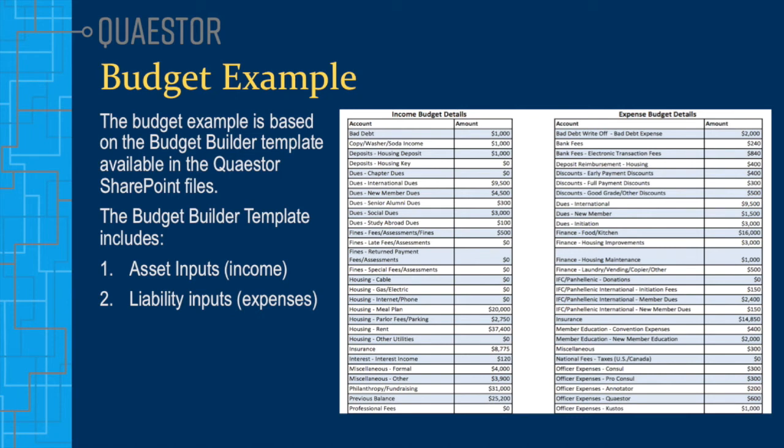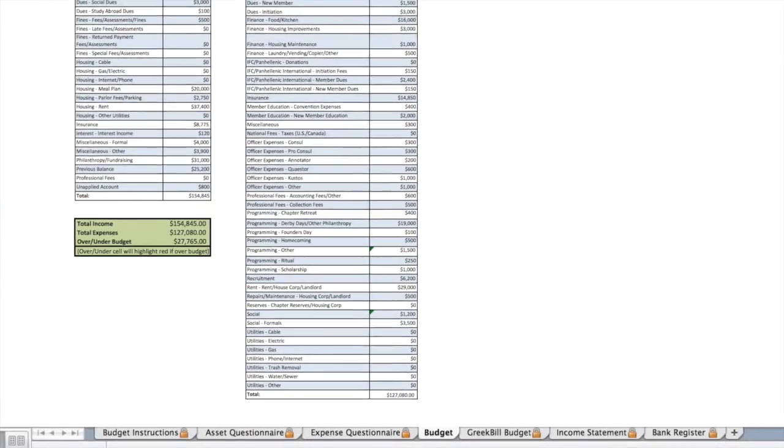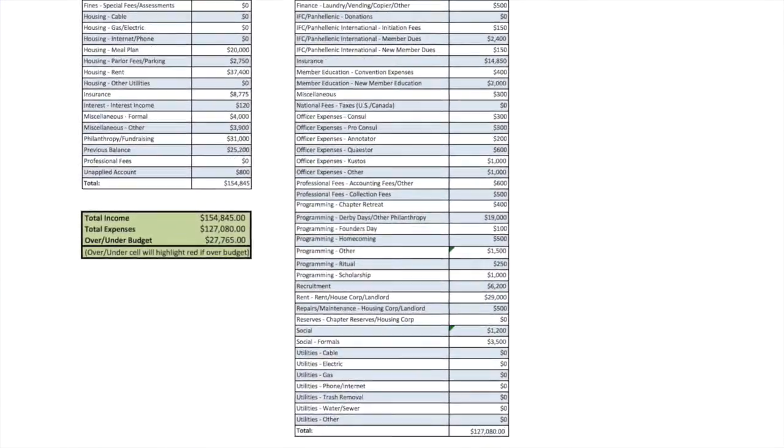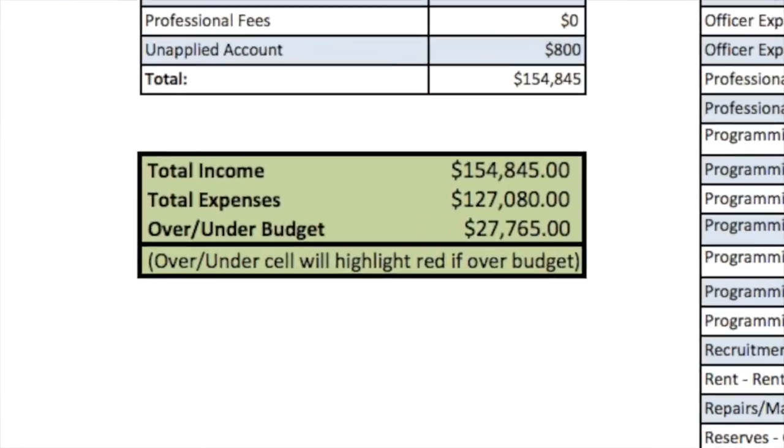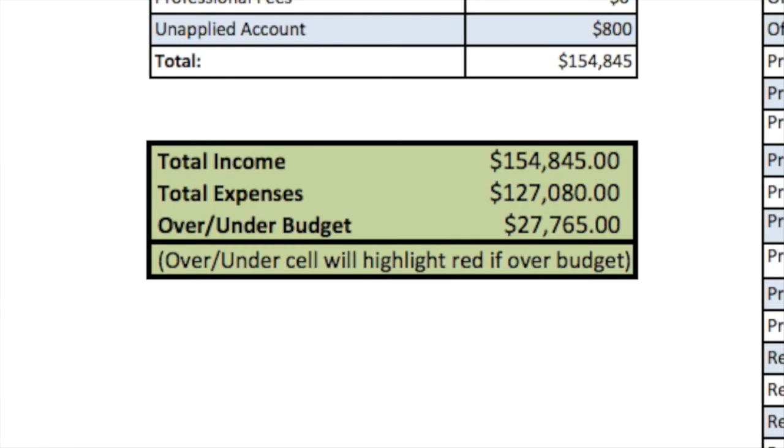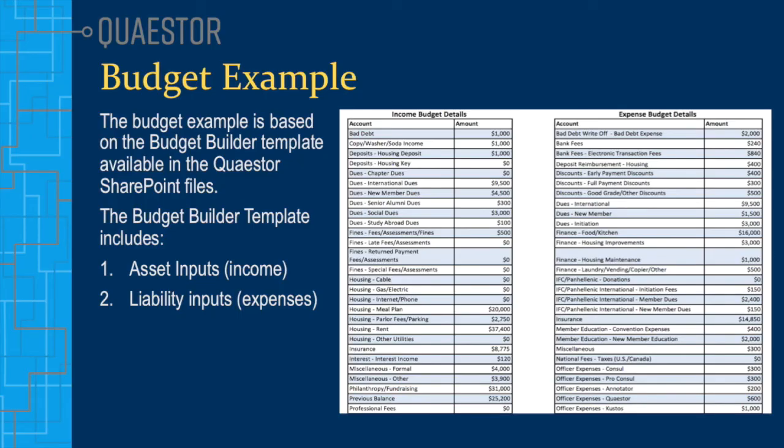Once all the income items and expense items have been identified and their estimates entered into the budget, you would then compare the total estimated income to the total estimated expenses. In this example, a calculation is automatically made to show whether your estimates cause you to be over budget or under budget. You should have more income than expenses. If so, you would be under budget. Should you have more expenses than income, you would be over budget. In that case, you would have to reevaluate your income, your expenses, or both to get you under budget.